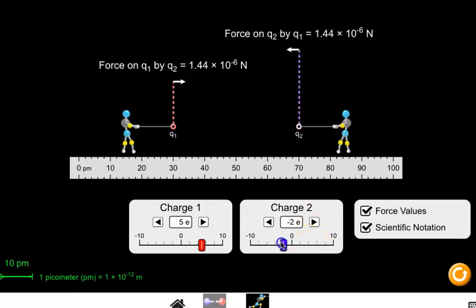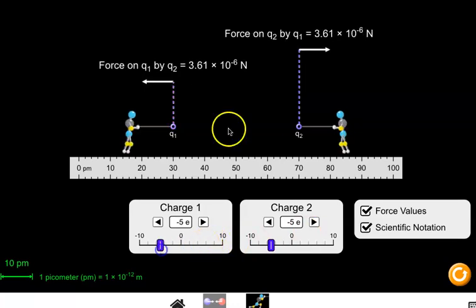If I move this to negative 5, I still get 3.61 times 10 to the negative 6th, but they are now attracting towards each other because I have a positive red charge and a negative blue charge, and positives and negatives attract. Similarly, if I move my red charge to a negative 5, I would still get 3.61 times 10 to the negative 6th, but similar to two positive charges repelling, two negative charges also repel. So this is